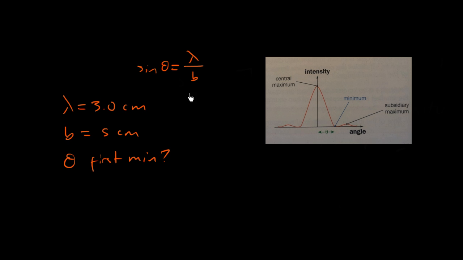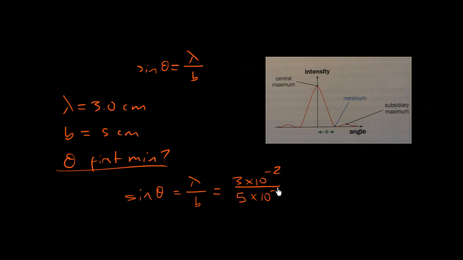Well, this theta is already that particular minimum, and then you go up from that by doing new lambdas. So for the first lambda over b, the first minimum, it's really easy. You say sine theta is equal to lambda over b, which is 3 times 10 to the minus 2, because it's in centimeters. Hopefully that's intuitive. And b is 5 centimeters, so that's 5 times 10 to the minus 2 also. And we end up with 0.60